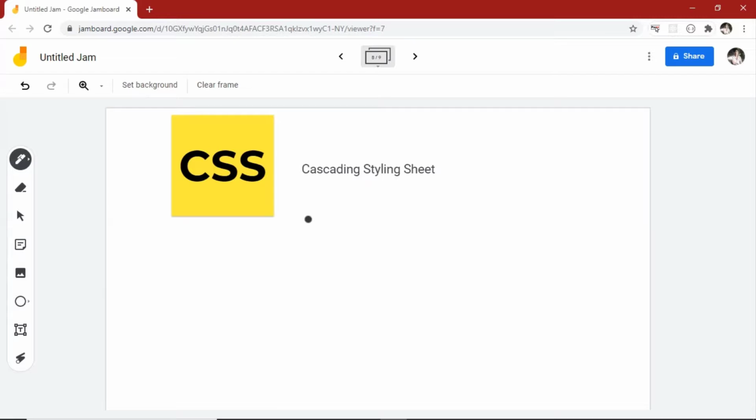So what CSS does is that it helps you to decorate the skeleton, in the sense that, let's say you have a website, and in the website you have a heading to put, and a paragraph to put, and an image to put, fine, and a video to put.